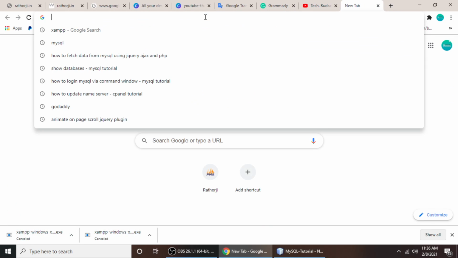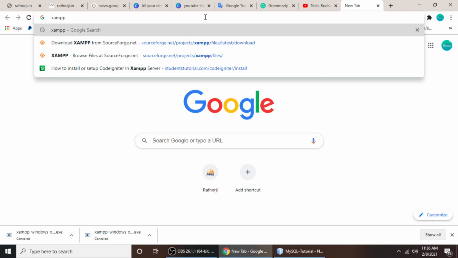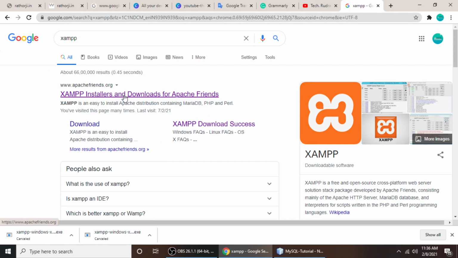So simply open your browser and type XAMPP. XAMPP is software and it contains MySQL. We don't need to download MySQL separately. This software already has MySQL, Apache, and lots of tools. Okay, so let's click here,